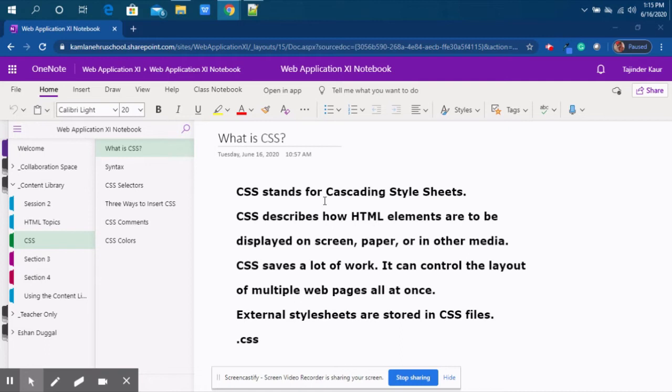CSS describes how HTML elements are going to display on the screen with various color options, various backgrounds, or various other elements. The purpose of using CSS is very easy: it can save your time and save a lot of effort.